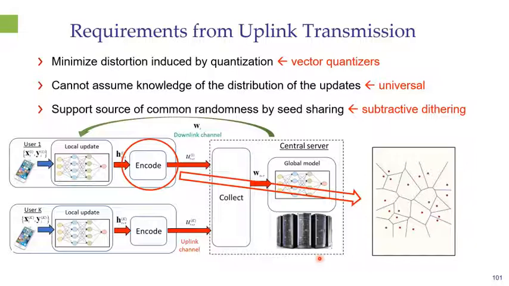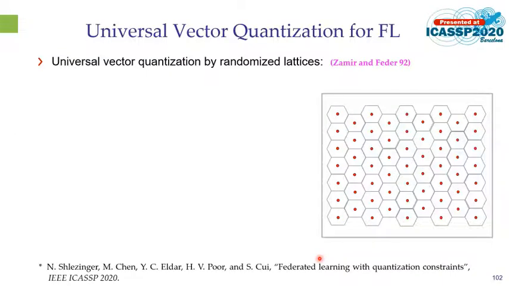Based on these three properties, we can understand what one would do for such a scheme when looking at it from a quantization theory perspective. And this is what we call universal vector quantization for federated learning. It will be presented here at ICASSP later this week. It's based on the scheme of randomized lattices proposed by Zamir and Feder back in the 90s. To understand how randomized lattices work, this will be the partition of the two-dimensional space into cells. Note that the cells here are fixed, and each cell has its centroid, which is a digital representation. And it does not depend on the distribution of what we're quantizing.